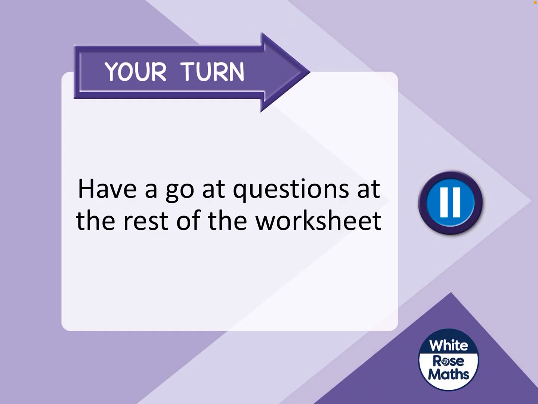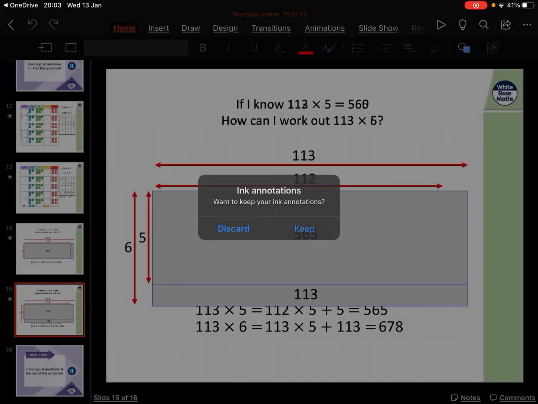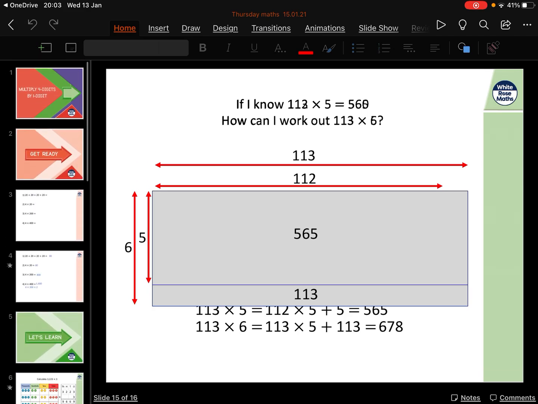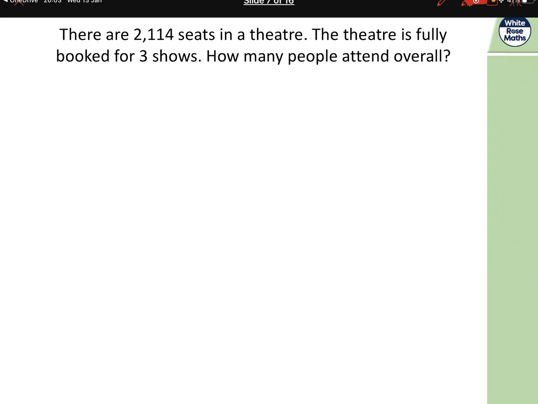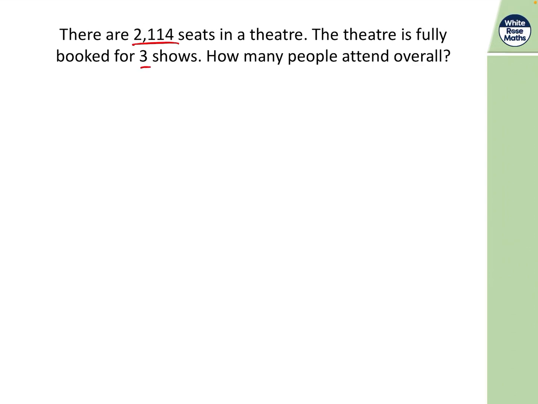Well done. So, what I suggest, look through the questions. First thing I would do is remember what I did at the beginning of the slides. Look at what I did right at the beginning when I started to underline some of the important information. I was crafting my calculation. I know, 2,114 multiplied by 3. Don't be scared to underline what's in the question. It will help you. The more work you put in now,